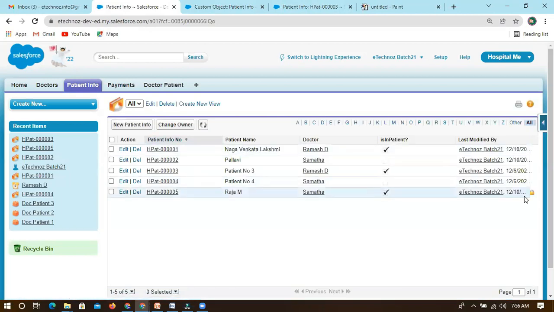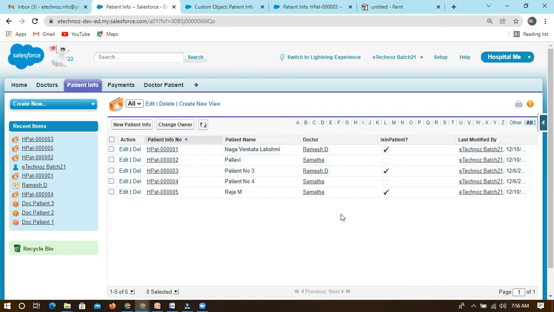You just need to go, I have shown you how to display all these also. You can see here, all are available now. So all records are connected with this information. Is it a very simple way, right? Otherwise you have to go to each individual record and check whether the doctor is available.